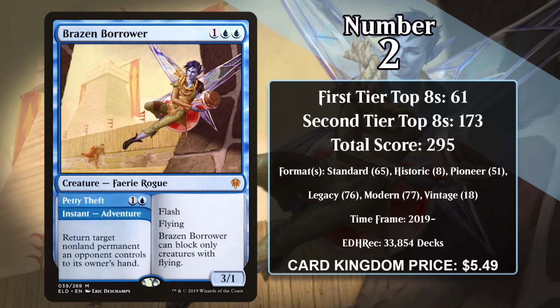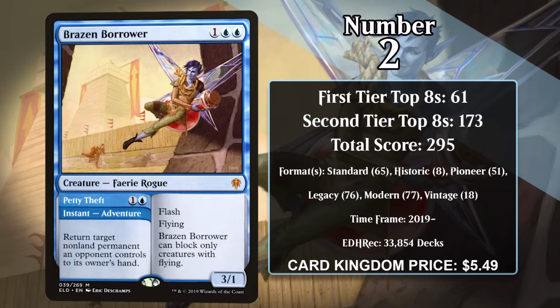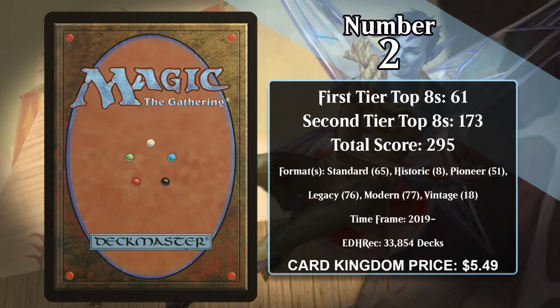Many of these decks are interested in spells too, and the fact you've got a creature that can be an instant is pretty great. Brazen Borrower is going to continue to rack up points, but the card in front of it is also highly active and has a pretty big lead, so it might not be able to get any higher on the list. That number 1 blue mythic rare is, of course,